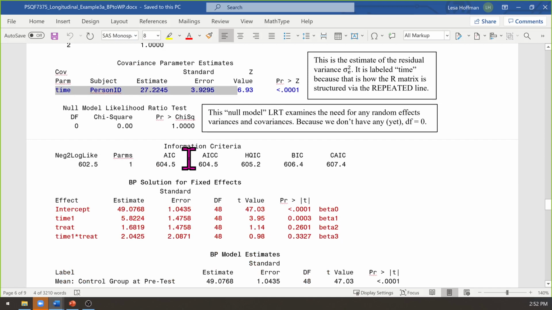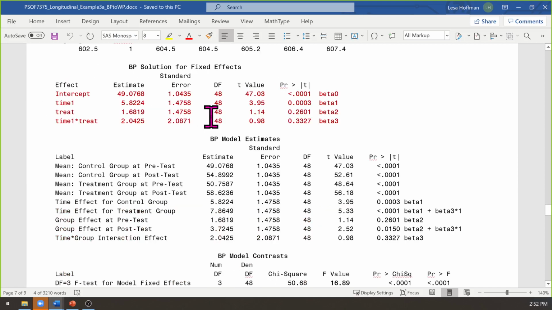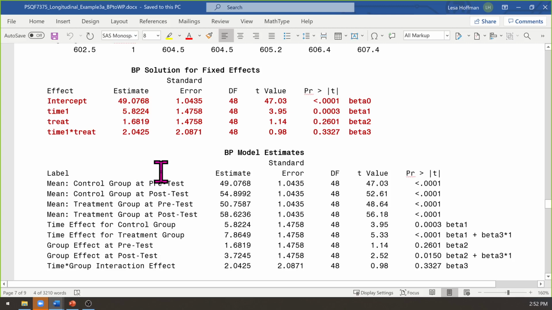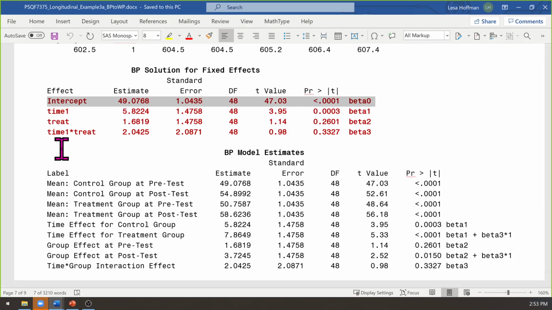Here are my fixed effects in red, since that's my color scheme, red for the model for the means fixed effects, blue for variance things. This out here with the betas is me being nice. SAS does not label things for you. If it did, again, I would not have a job, so I'm kind of okay with it being obtuse. But if we roll through these interpretations real quick, 49 is my you are here reference sign for the model. Given the coding of these variables as to what 0 means, 49 is my expected outcome at pretest for the control group.